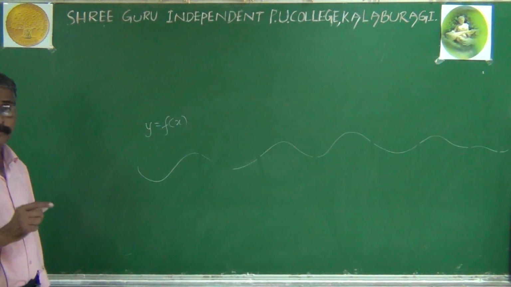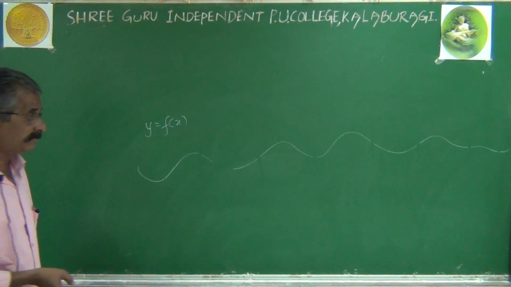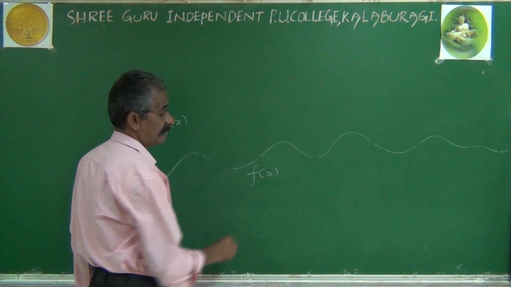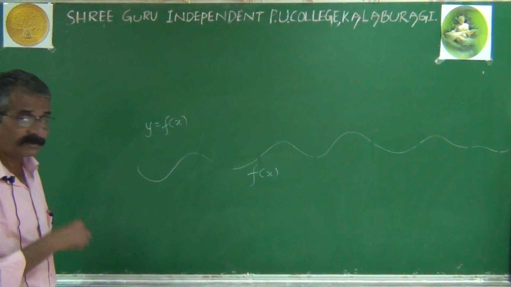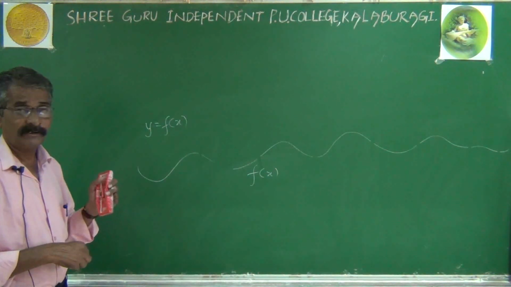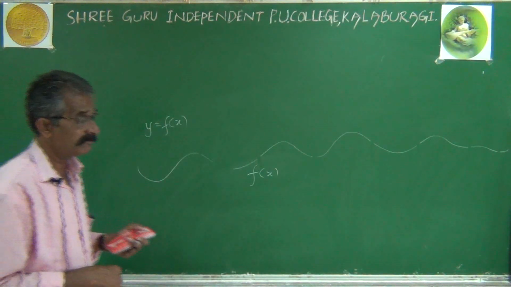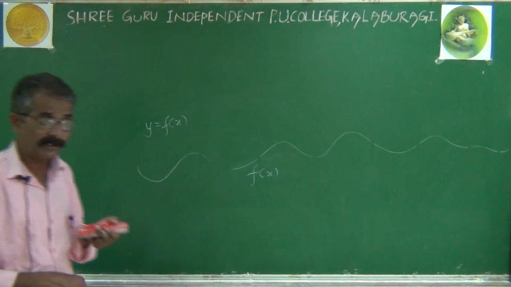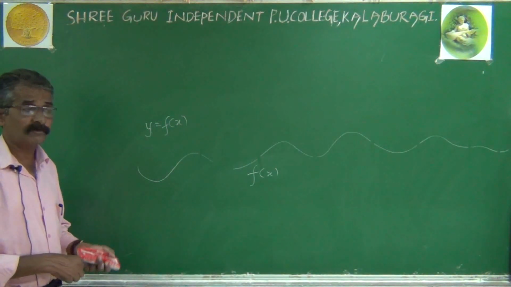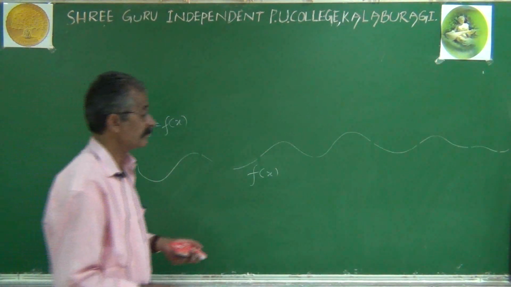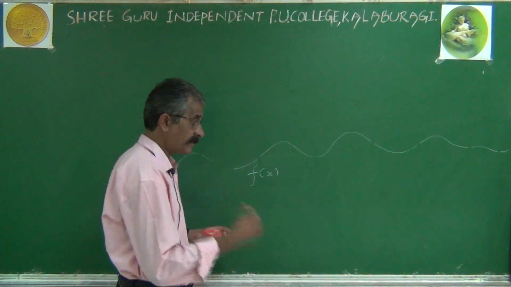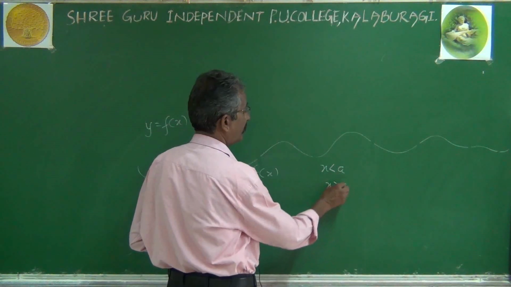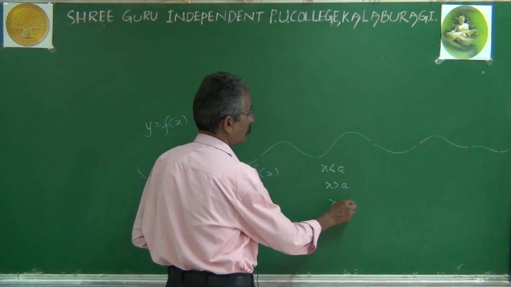when we want to decide points of discontinuity or continuity, we shall make use of generalization. Means we shall use the fact that whenever we know already by means of standard theorem, every algebraic rational function is always continuous for all the real values of x. So we shall decide for x less than a, for x greater than a, and for x equal to a.